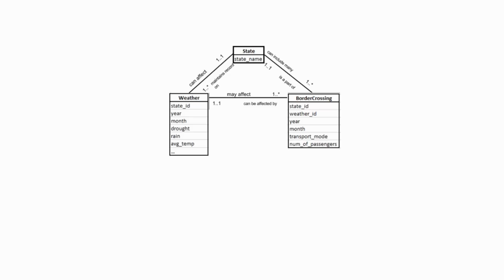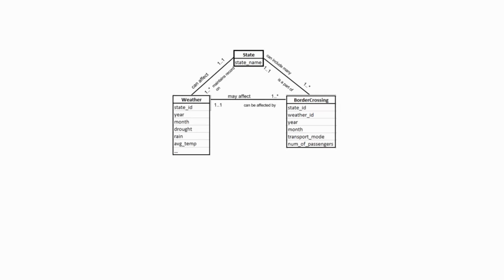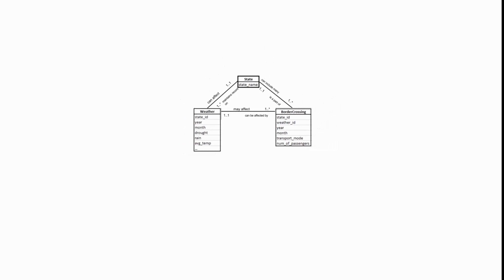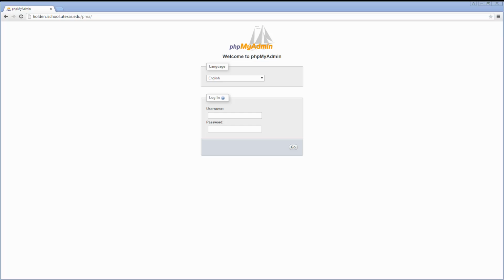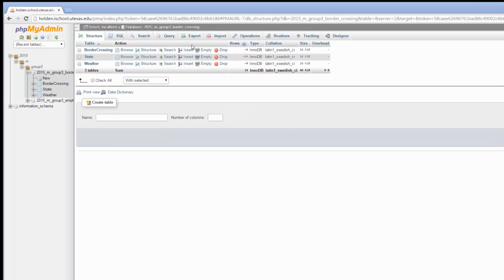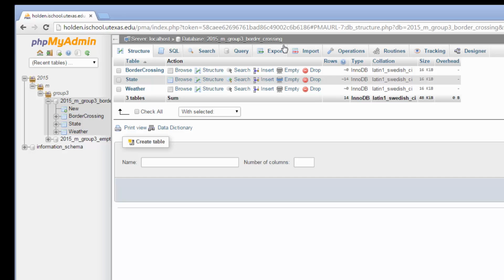This is how our ER diagram for the database looks like. So we have the weather, state, and the border crossings. The next thing to do is create a database. To create a database, we used the PHPMyAdmin client. As you can see, we have created a database called Border Crossing, and this database has three tables: Border Crossing,